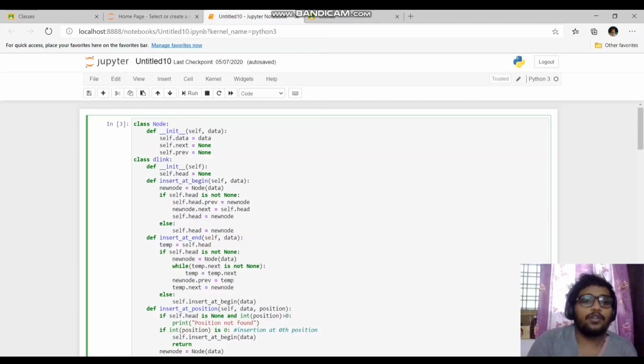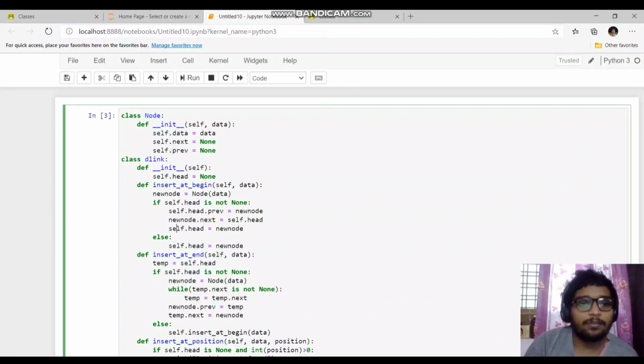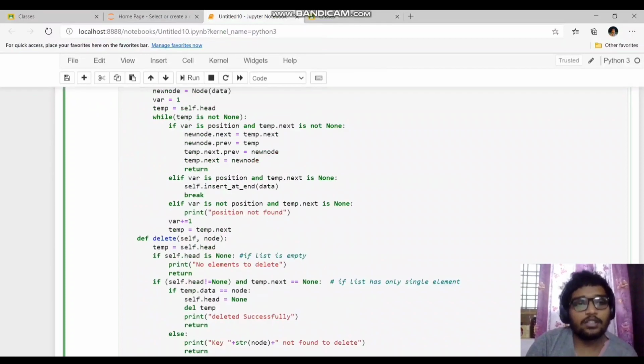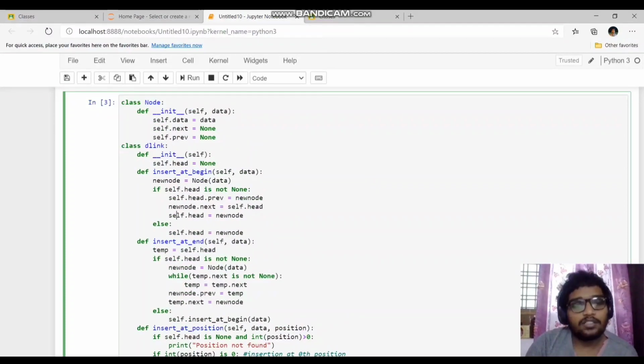In this video, we're going to see this implementation, and here I'm using Jupyter Notebook as IDE and Python programming language to demonstrate this doubly linked list. First, we can see two classes here. The first one is the structure of the node. That means in a doubly linked list, each node has three fields. The first one is data, the actual value of the node. The next is the address of the next node, and self.prev, the previous, means the address of the previous node. That is the structure of the node in a doubly linked list.